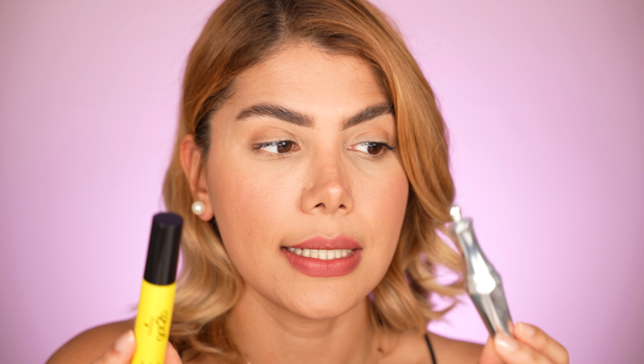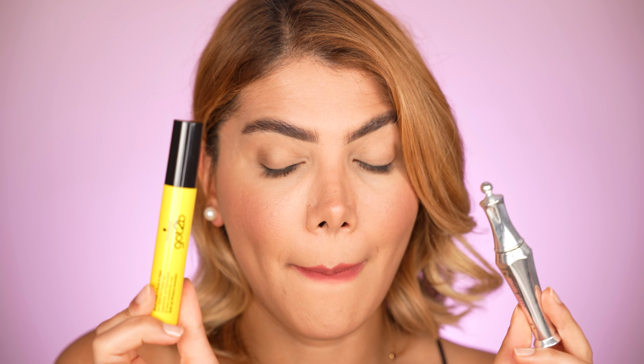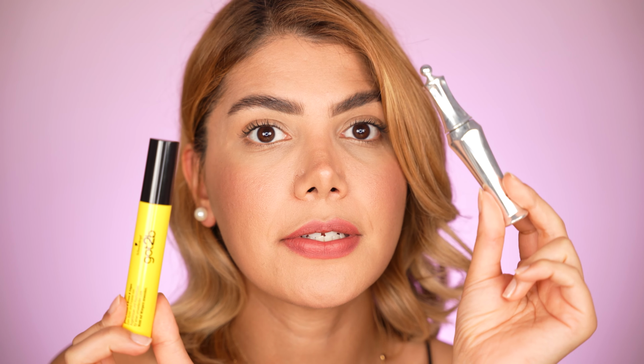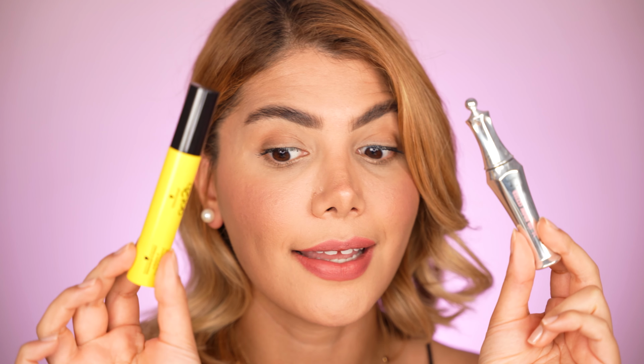And what I have to add is that this beats this. This is the Benefit 24 Hours Brow Setter, and this is the Got2B Brow Gel. And I'm sorry, Benefit. I really love you and still do. You have great brow products, but this one, for its price, you get this for 6 euros and you get this for 28 euros here in Germany. And yeah, price-wise, the winner, and also